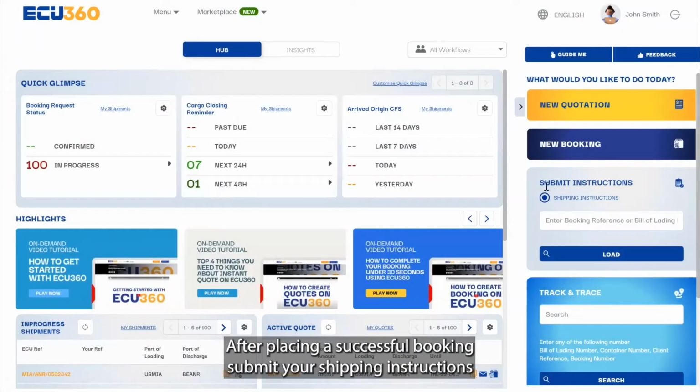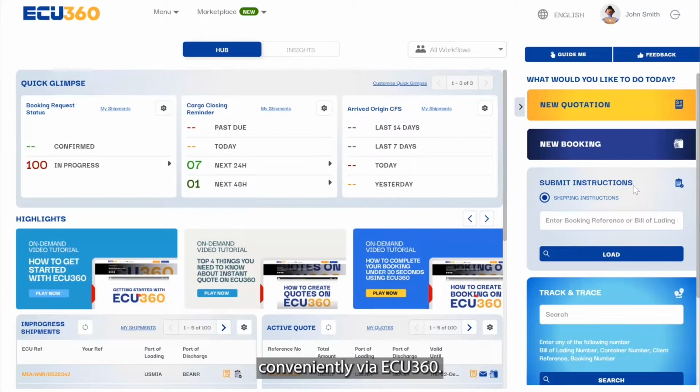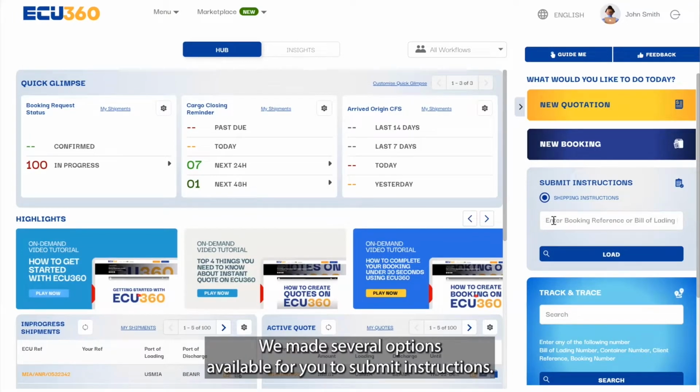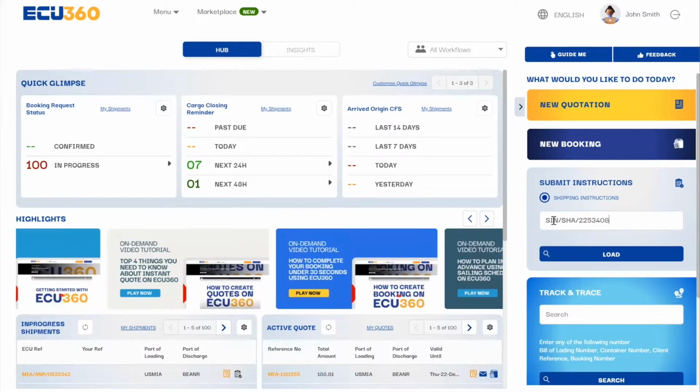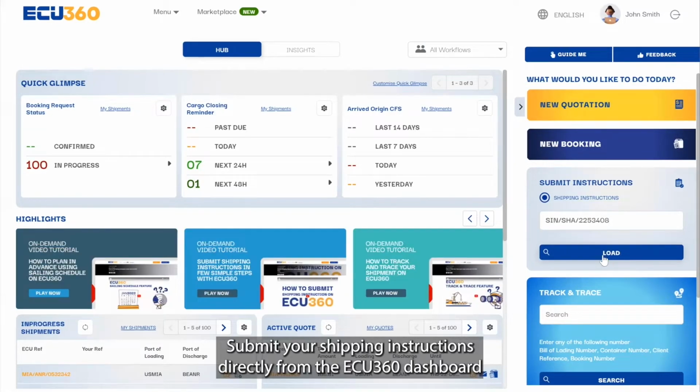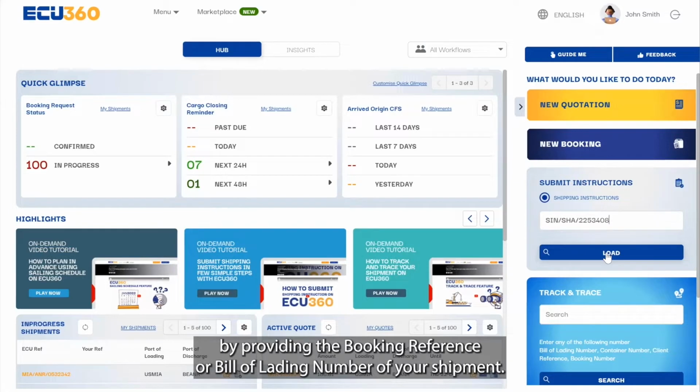After placing a successful booking, submit your shipping instructions conveniently via ECU360. We made several options available for you to submit instructions. Submit your shipping instructions directly from the ECU360 dashboard by providing the booking reference or bill of lading number of